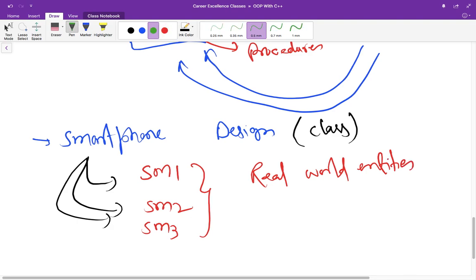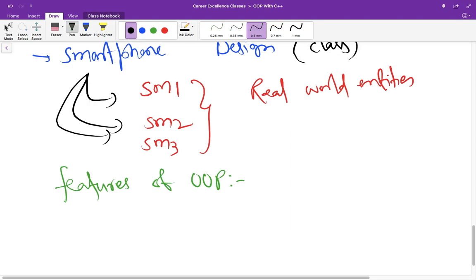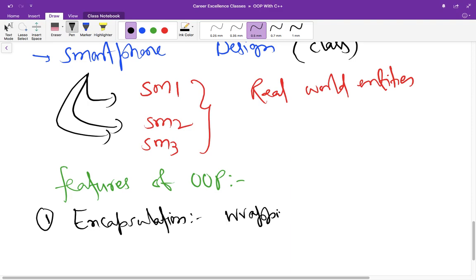right? Now move ahead and let us discuss the features of OOP. So the first feature is encapsulation. It means wrapping up of data and methods inside the class.